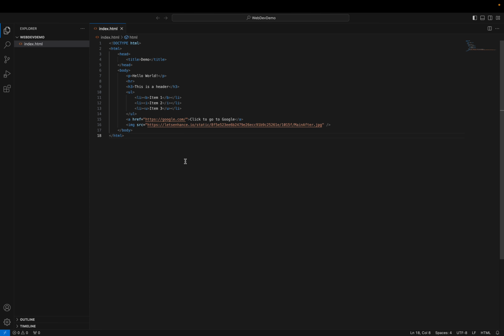Now, I'm going to show you how to style a page like this. So, to do that, we'll need to use CSS. That's another language, and that stands for Cascading Style Sheets. That is what we'll use to style up these tags here. So I'll go add a new file, name it style.css,